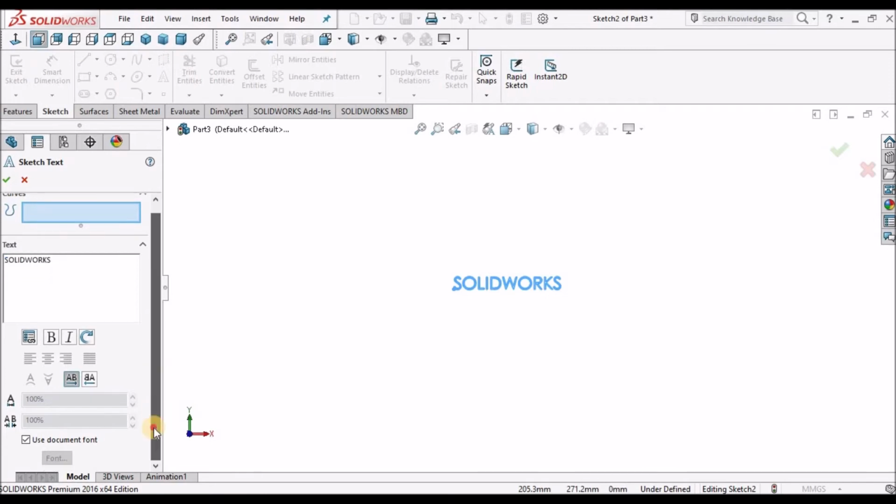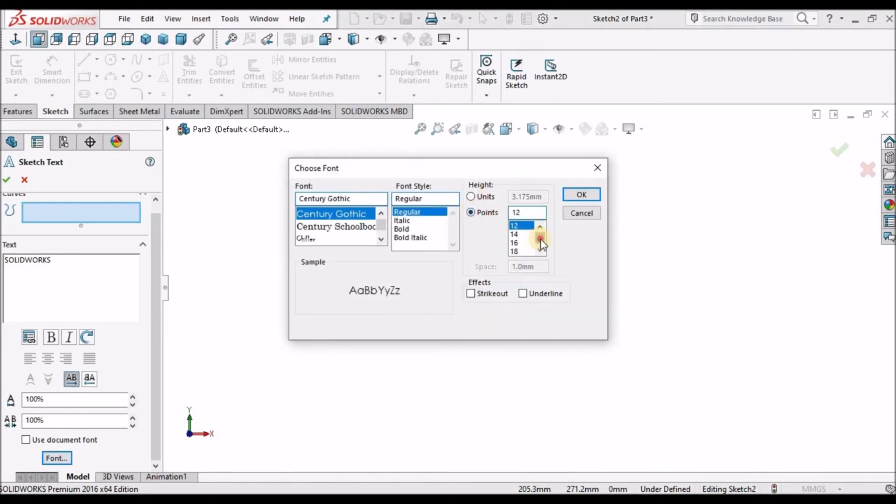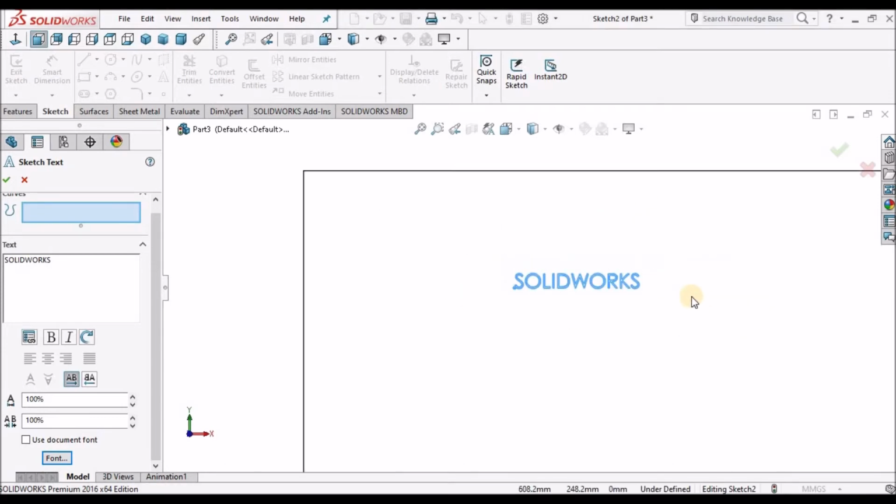Double click on this, uncheck the use document font, and I can go here to the font option. So I can increase the font size. So it automatically increases.